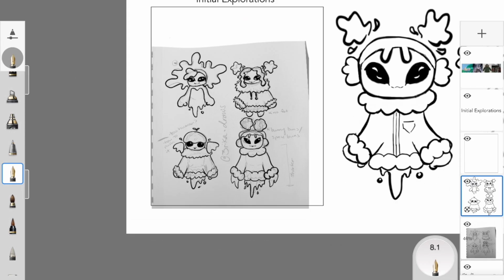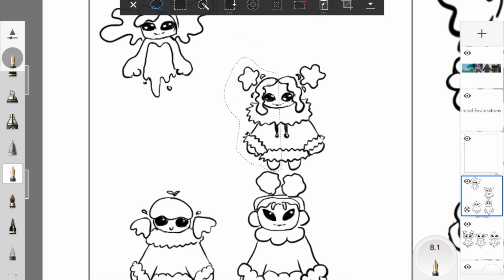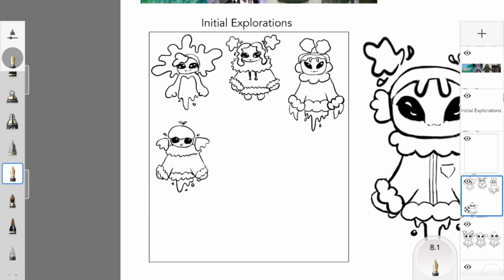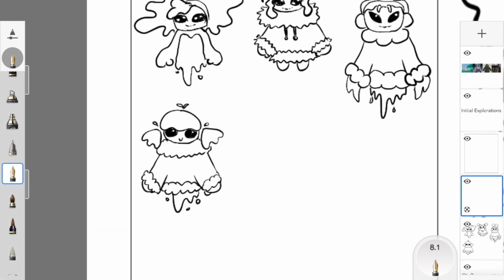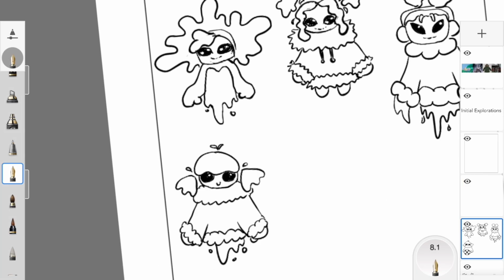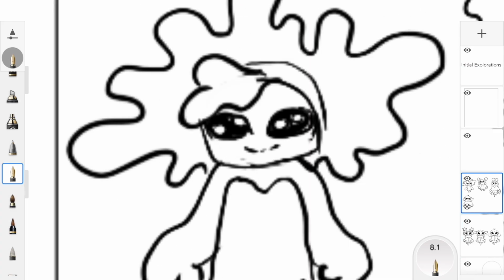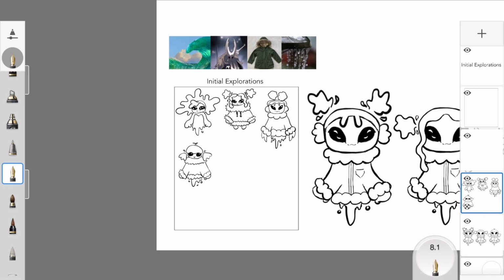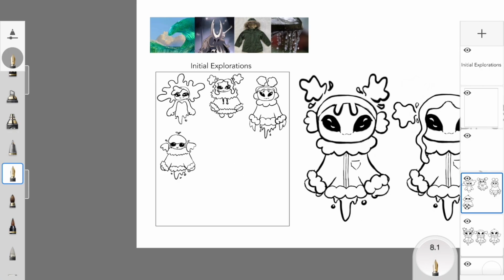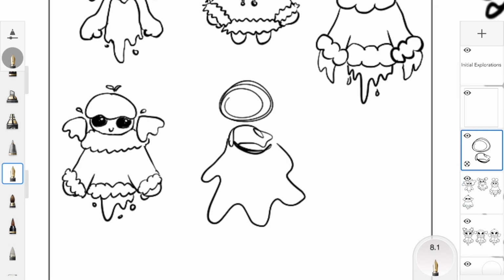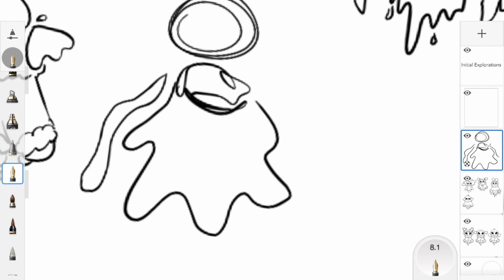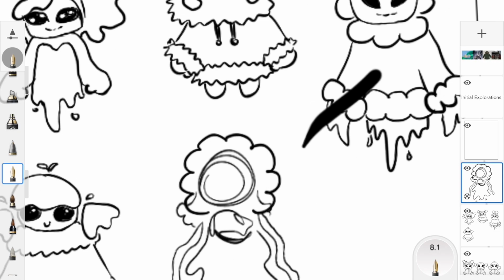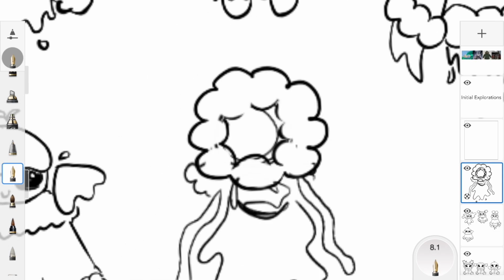And later on, when I do coloring in another video, you will see that I was debating whether I want the three of them to be basically three different bodies of water, coming from three different places, or thinking of how they would dress differently, because yes, they all will have the same kind of parka, fur coat type sweater thing that they're wearing, but I thought maybe having different colors to make them more different besides their features, like their hair, would be a nice touch. So yeah, that's something that I just kept in mind.